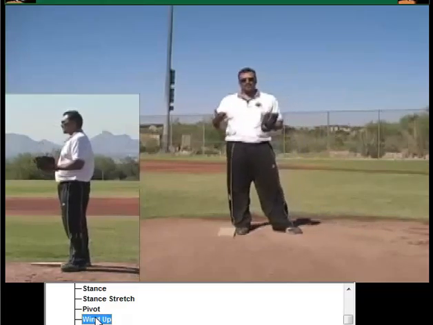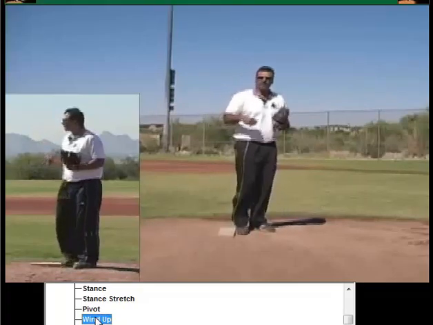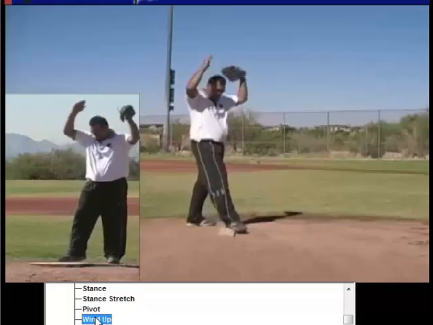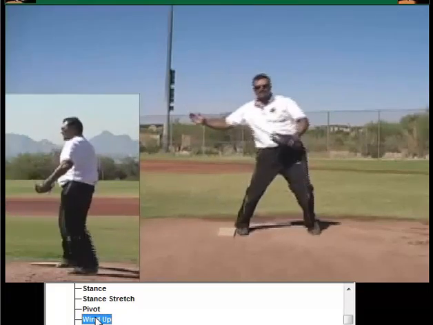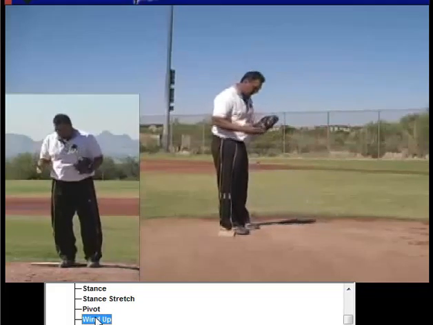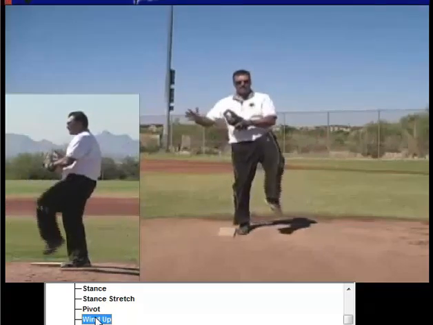So depending on what you're looking for, there's 2 aspects that you want to think about. If I want to create more power, build more momentum, I'll take a step back so that as I pick my leg up, my body starts its process moving forward. If I want to work more on the control aspect of it, I will step more to the side, controlling more my body movement going forward,